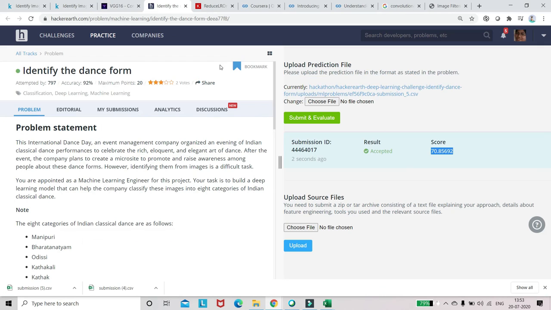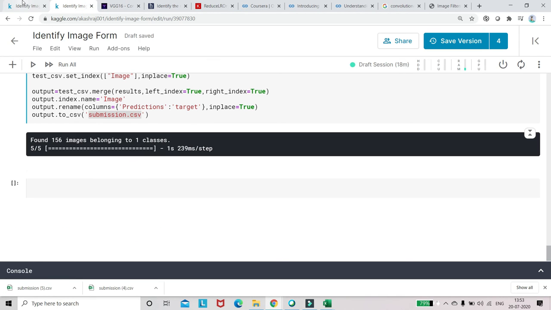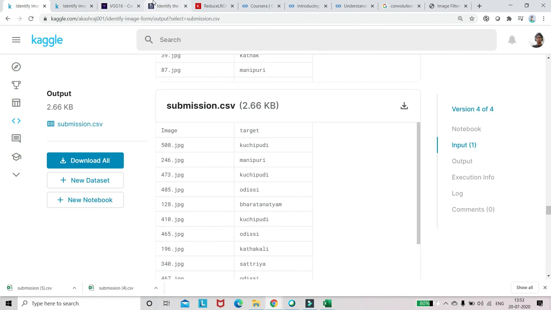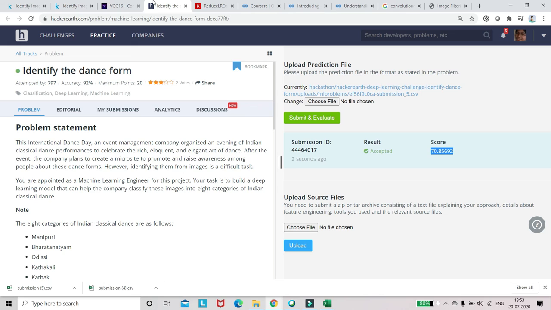You can use my notebook as a starting point and try to improve it further. I have seen many references on GitHub and Kaggle, and this is what I found to be the best score. You will find many GitHub links and Kaggle notebook titles claiming 100% accuracy, 90% accuracy. But when you actually run it and submit their output on the HackerEarth website, the result will be around 40, 50, maximum 60.